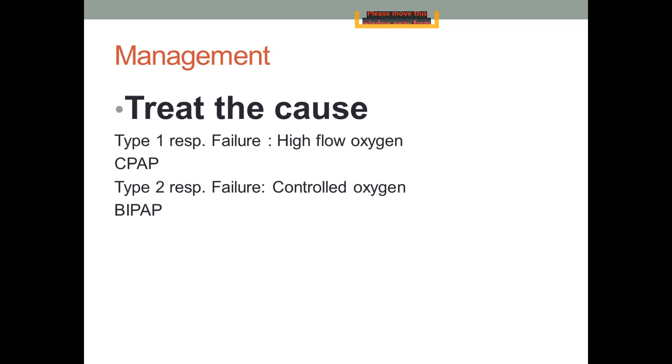Another one is the supportive management, which is oxygen. In type 1 respiratory failure, high flow oxygen will be needed. The target saturation of oxygen will be more than 94, and sometimes a continuous positive airway pressure machine, CPAP, is required. But in type 2 respiratory failure, we will give controlled oxygen,